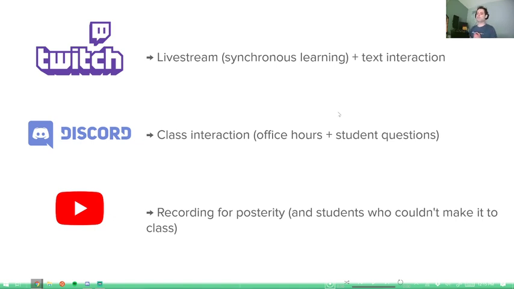This is where I have my class interaction synchronously and asynchronously. I will hold my office hours in here. I will handle student questions in here. If I have project teams, they each get their own chat room. They can go live with their video. They can do voice chat through this. Basically, it's a nice little environment. Again, optimized for gaming, but this means, again, that it's optimized for speed and for reliability.